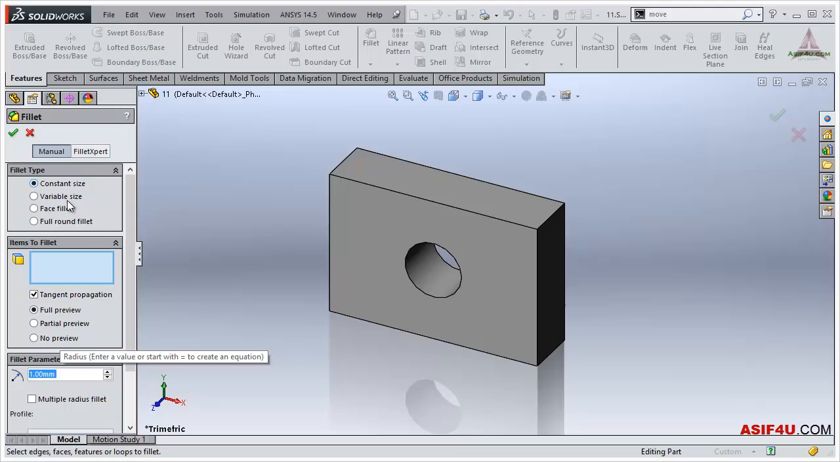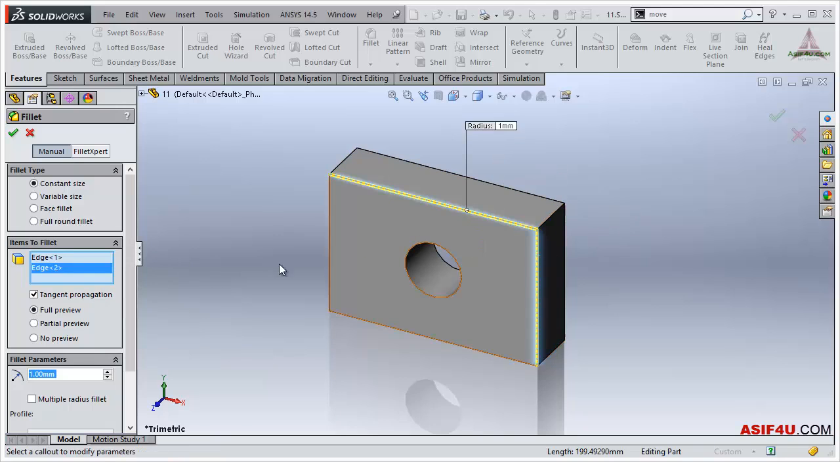Constant size is already selected. In the next category, items to fillet, I have to mention which item I want to fillet. When I hover over this blue box, you can see a pop-up menu opened and it says edges, faces, features and loops, or a combination of these you can select, and you can apply the fillet on that item. So first I will select the edge. I can select this edge or this edge,